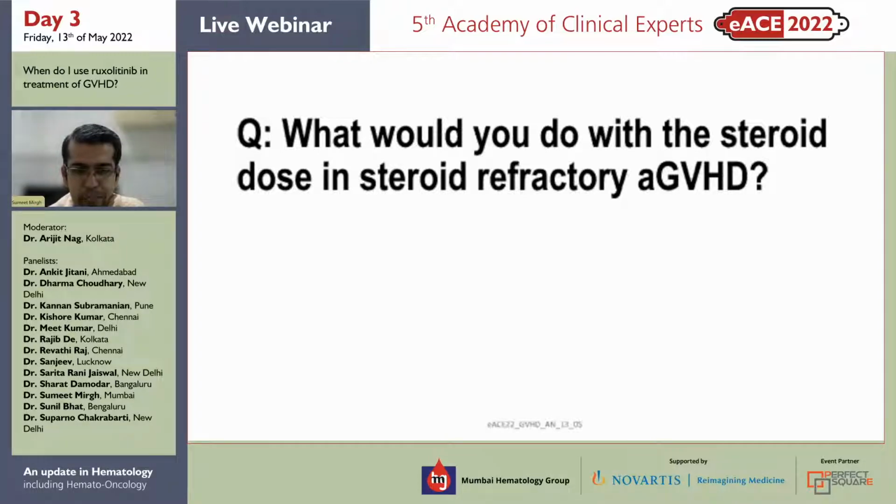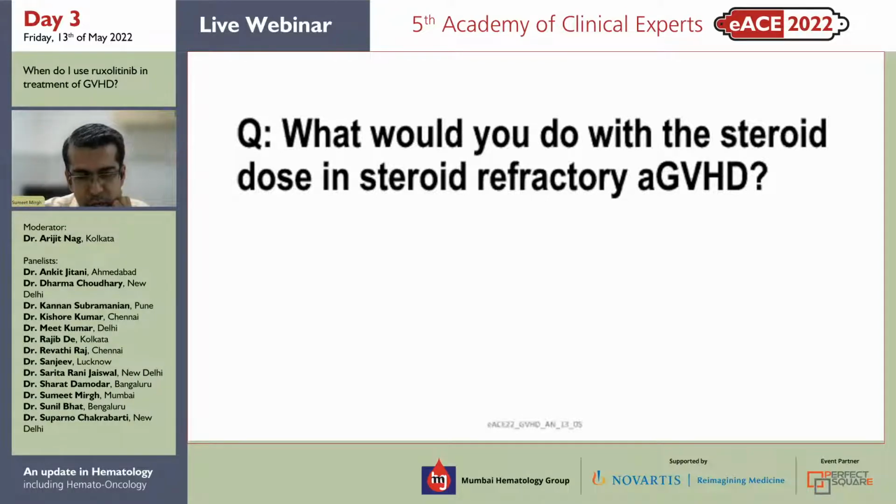So we are a bit skeptical with steroids. We bring it down to 0.5 a bit rapidly, and keep it at that point for some time until the patient achieves a response with the steroid sparing agent. Our usual steroid sparing agent is etanercept, because that was the experience before ruxolitinib came into the picture, and it was very expensive. So if it's 2 weeks, 3 weeks with etanercept and it's still not working, would you still keep the steroids going?